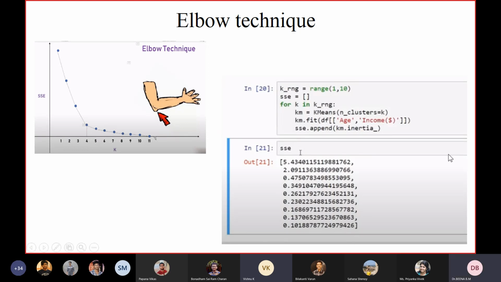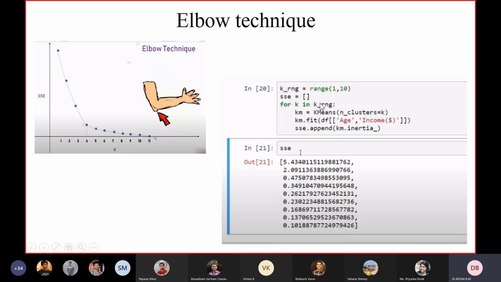As per the elbow technique, we'll go through the number of k's, that is, 1 through 10, calculate the sum of square errors, plot them, and then try to find this elbow.